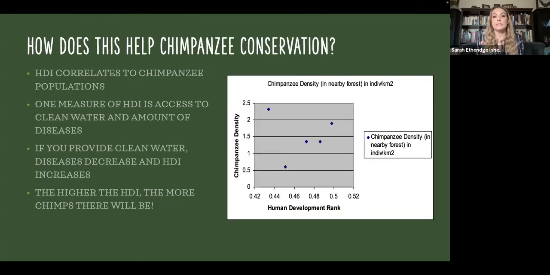So again, how does this help chimpanzees, right? It helps humans, but it also helps chimps, because the HDI of humans is directly related to the HDI of chimps. So if we are improving the quality of life for people, the chimps are going to benefit. Once the people realize they don't have to use a short-term strategy, they don't have to say, I don't care what I have to do, I just have to get my kids to live another day. So if you want to cut down that tree, cut down that tree. If you want to go kill that animal, kill that animal.